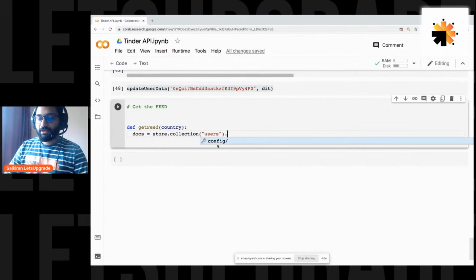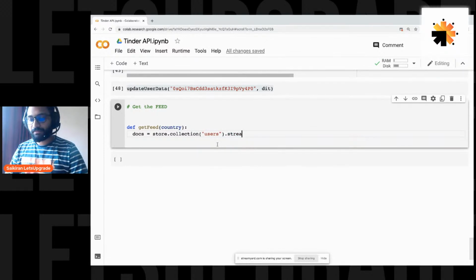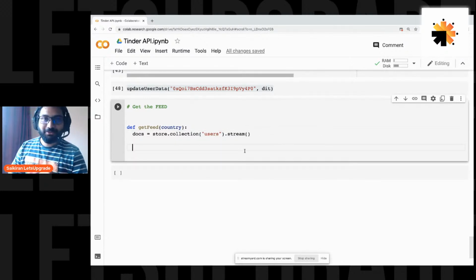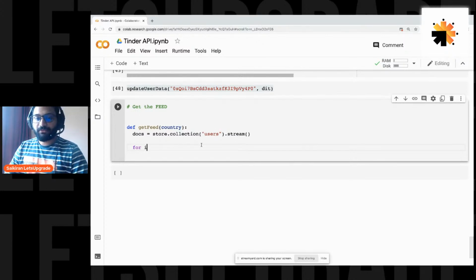Users dot stream, or you can just put where. Where is a kind of sub field of a particular location thing. So let's not do where here, otherwise it will be one more level of confusion. I'll put it in my code later, and people who want to read it later can read it. But let me just do it right now here. So store dot collection users dot stream, and it's very simple: for i in